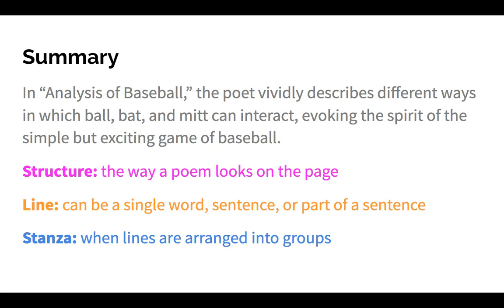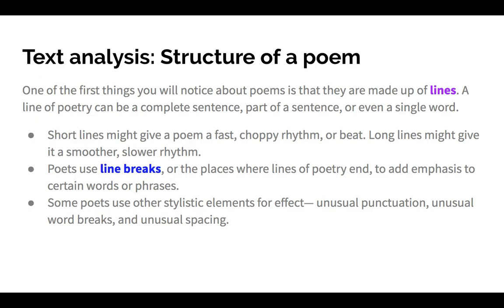So, reminder from the screencast yesterday, three main ideas of poetry that you need to understand so far. The first thing is structure, so the way the poem looks on the page. Yesterday, we talked about how the poem was in the center of the picture of lettuce. We also talked about lines, so lines can be a single word, sentence, or part of a sentence. And then lastly, stanzas. This is when lines are arranged into groups. So basically, think about stanzas as almost looking like paragraphs, but it's poetry, so it's not a paragraph, it's a stanza. So we're going to talk about the text analysis and reading strategy with these poems.